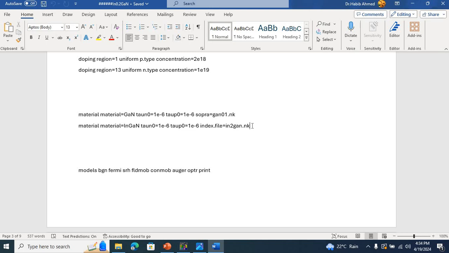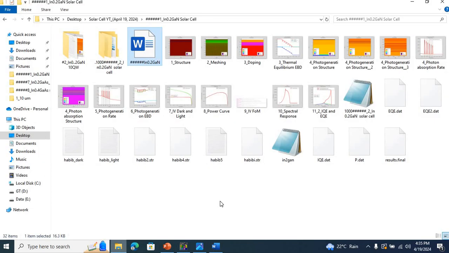We are dealing with light, which is our input, and our material is going to have some refractive index and some absorption coefficient as a function of the wavelength. We are not working with a single wavelength either. We are working with a solar spectrum. So I needed to do some work on that, and at the end of the day, I was able to figure it out. So what I did is that